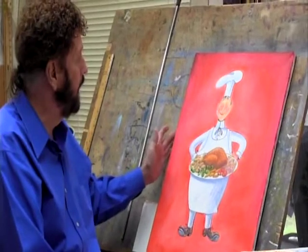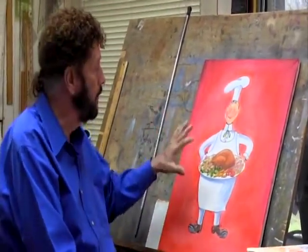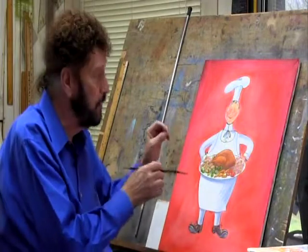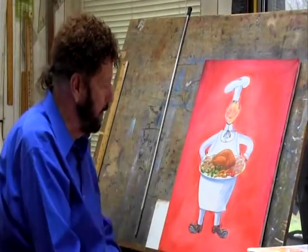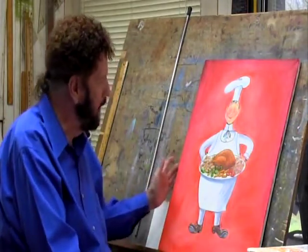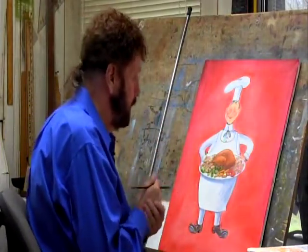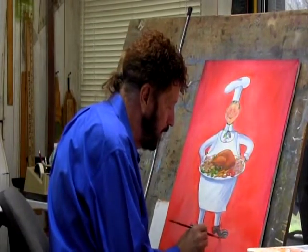What we've done, Ruthie collects shelves now, so we drew this out, and then after we drew it, we went and took a black magic marker and went around it. It's just something that we made up in our head, and all of this stuff on here is just made up, and the big feet and everything. But anyhow, and then we painted the background, and then started bringing out the colors in the shelf. Now, we've got a long way to go yet and a short time to get there, so let me just go ahead and